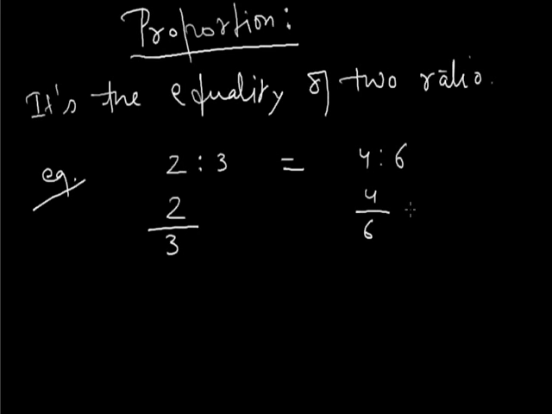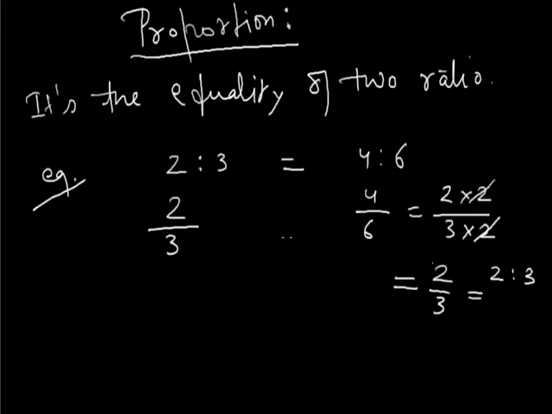Now 4 divided by 6 is equal to 2 multiplied by 2 divided by 3 multiplied by 2. So there is a common factor between the numerator and denominator of the ratio 4:6, which is 2, which gets cancelled, and 4:6 is equal to 2 upon 3 in its lowest fractional form, and it can be written as 2:3. So these two ratios 2:3 and 4:6 are equal. Then these ratios are in proportion also. What I said is 2:3 is equal to